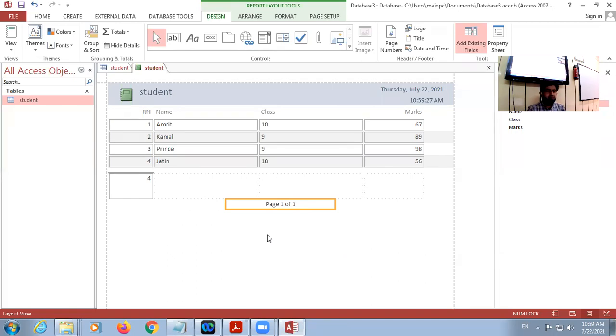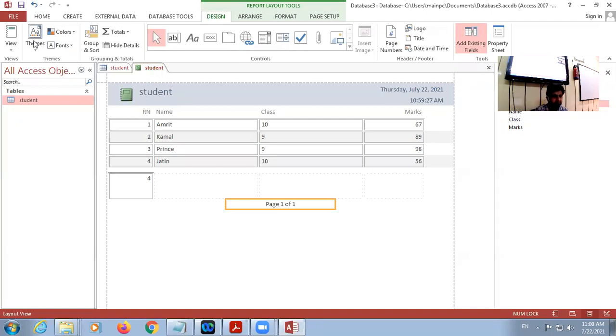Tables are not in a printable format. Reports are for communication. Tables are just a primary place where we can store the data. But reports give us the facility to communicate or give information to different users regarding the data. So this is called reports.